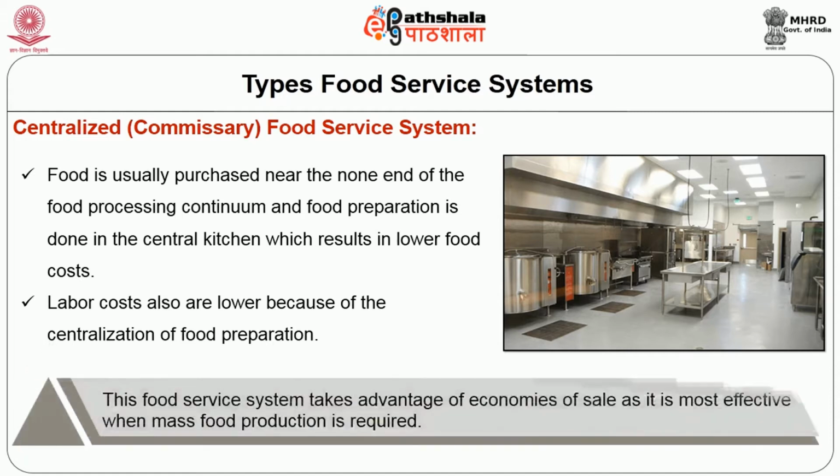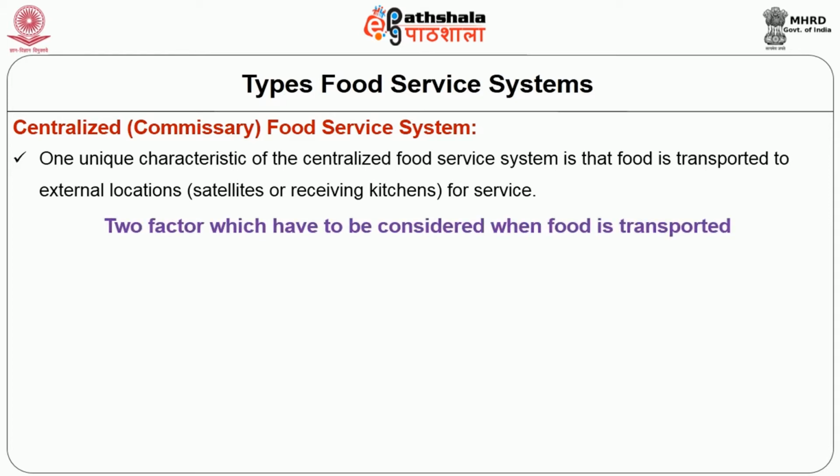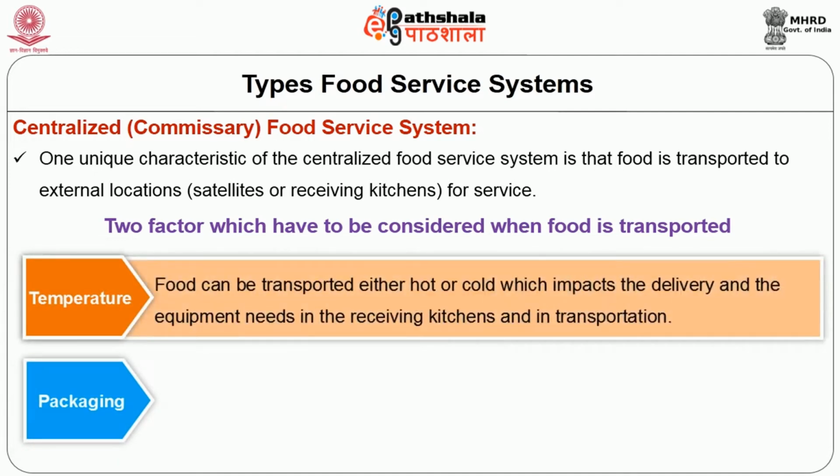This food service system takes advantage of the economies of scale as it is most effective when mass food production is required. One unique characteristic of the centralized food service system is that food is transported to external locations or the receiving kitchens, also known as satellites, for service. Two factors which have to be considered if food is transported are temperature and packaging. Food when transported should be either hot or cold, which impacts the delivery,